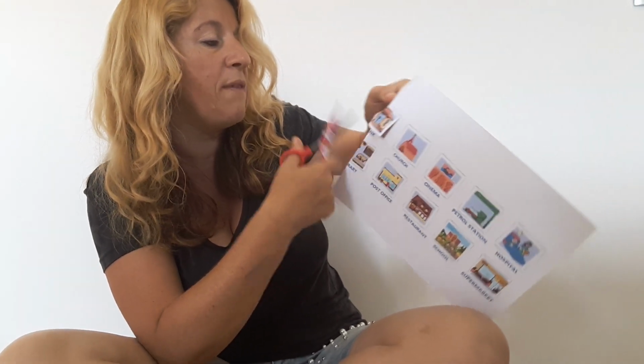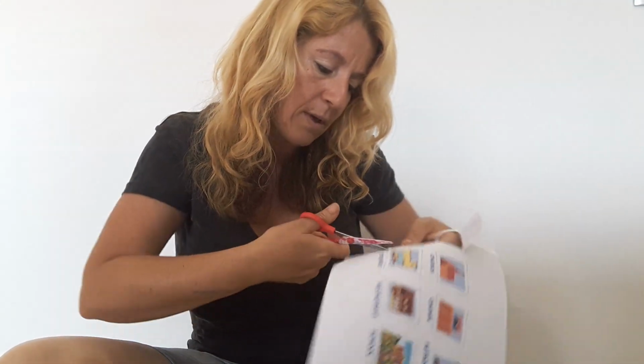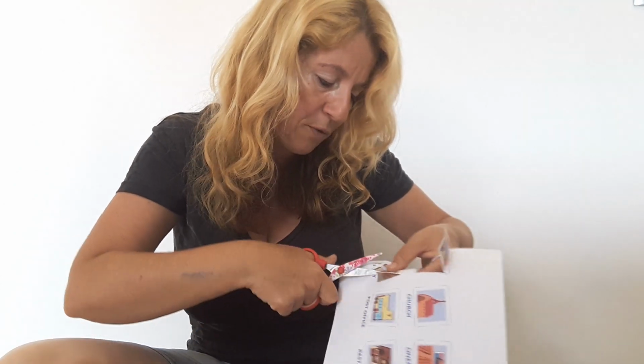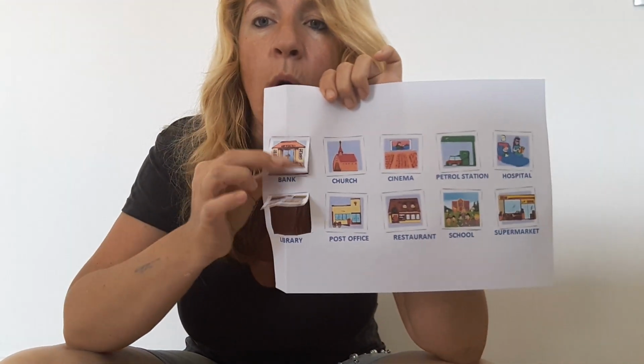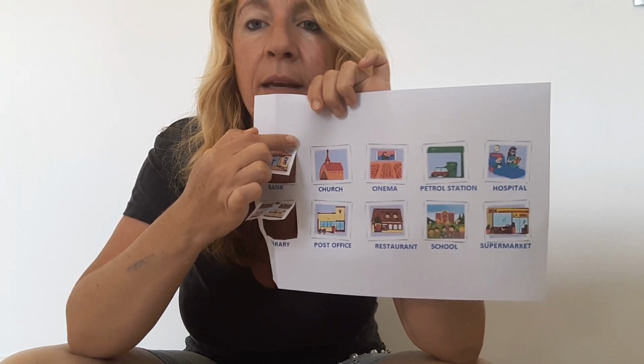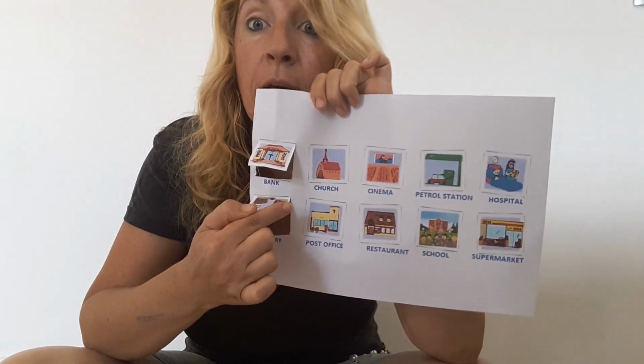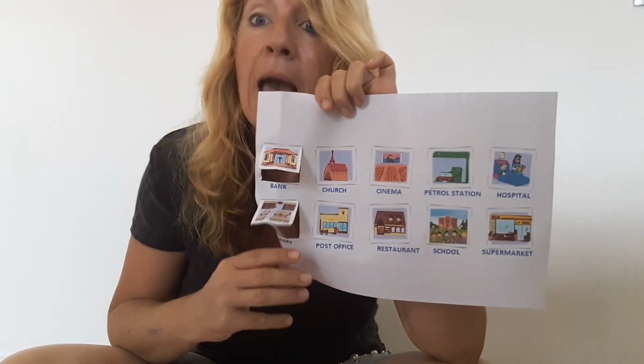The windows need to be shaped like a U. See? Like this. So far I have cut bank, and now I'm cutting library. Super important, we just cut 3 sides. This is a square, so we cut 1, 2, 3. Okay, so we cut them all, and when we cut them all, what we do in the